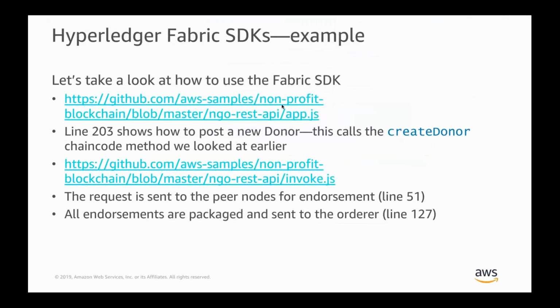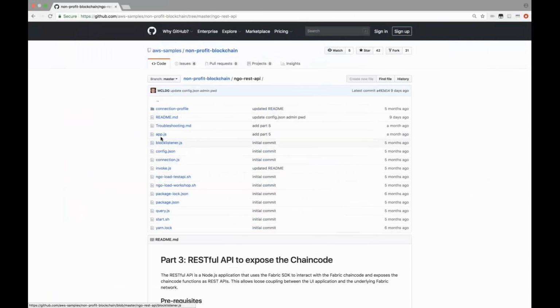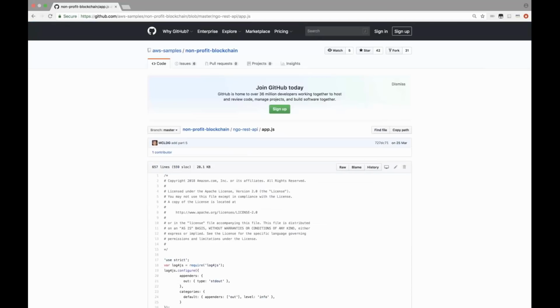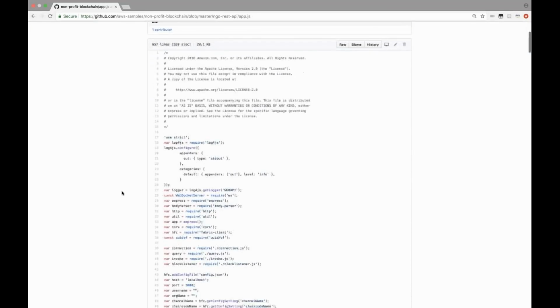I am going to look at app.js line 203. All right, so for anyone familiar with a typical Node.js Express application, that's all this is. The only difference really is that inside of this application, we're using the Fabric SDK. You can see that we're using some Fabric libraries in here, and this is allowing this Express application to connect to the Fabric network on the back end. And if we go to line 203 here,